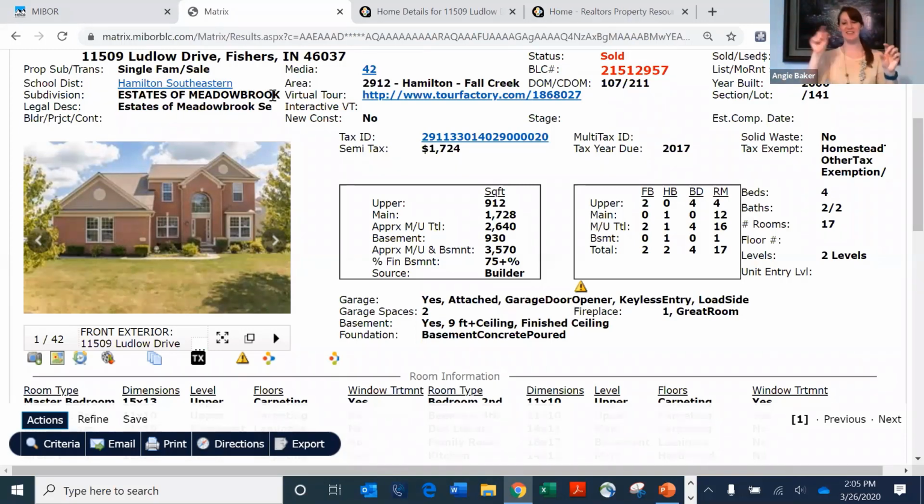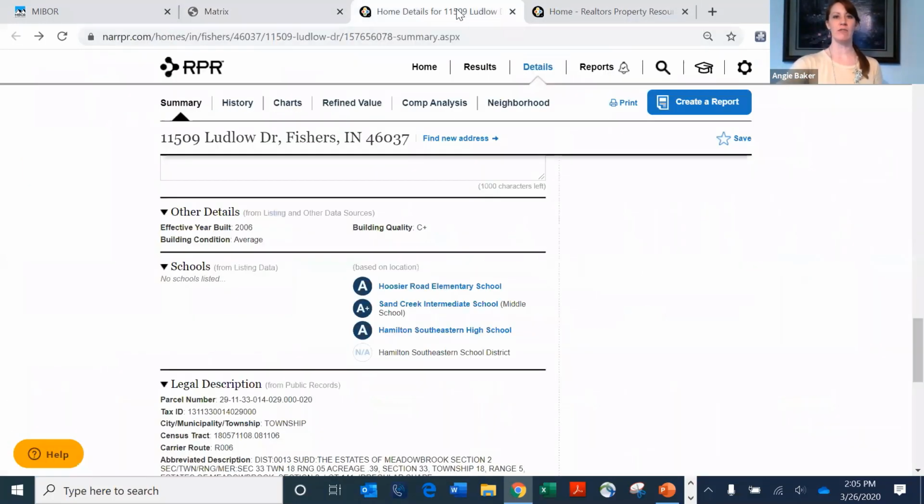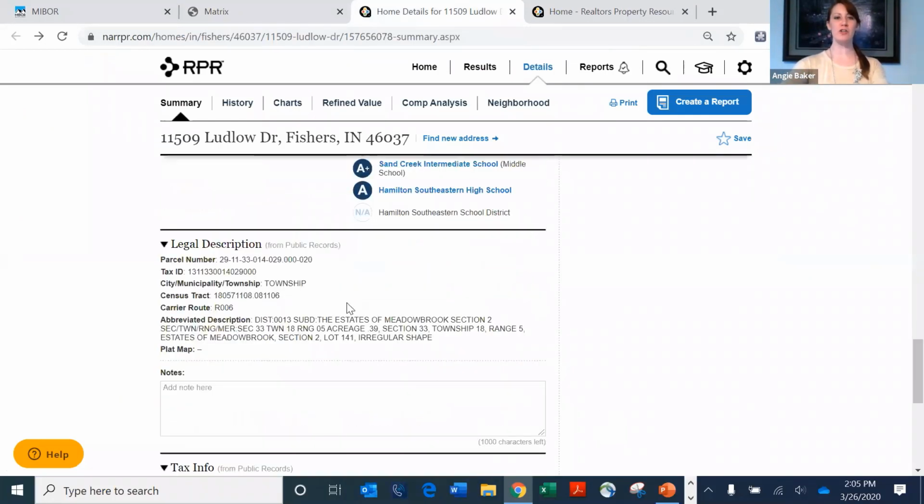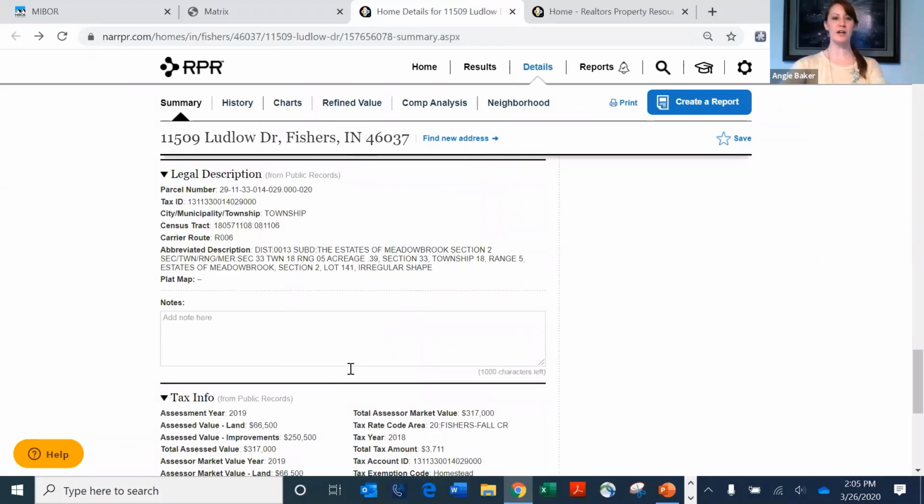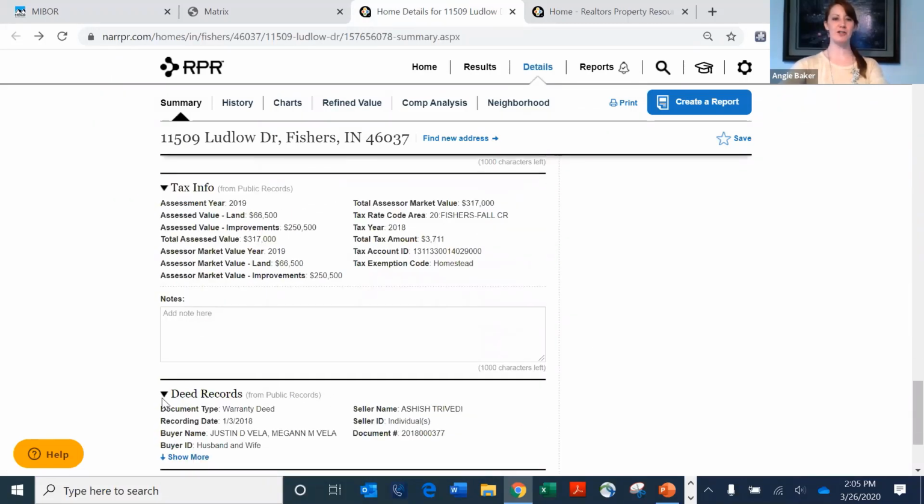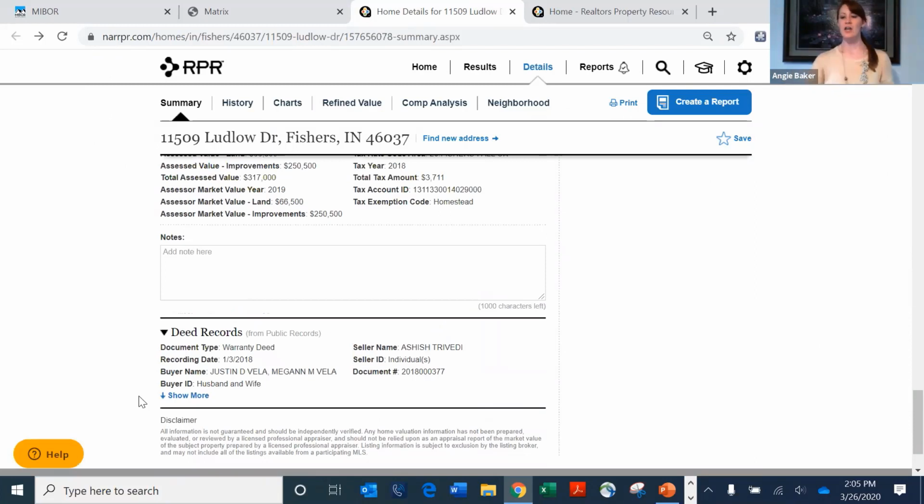But we've just tried to make the chain of information a bit easier for you to get to, so you don't have to constantly be clicking through to find what it is you're looking for. Okay, moving on down the screen past the school information, you've got legal description, another section for notes, tax information, more notes, and deed records. So lots and lots of detail about this property, all compiled into one platform. And then if I scroll back up,